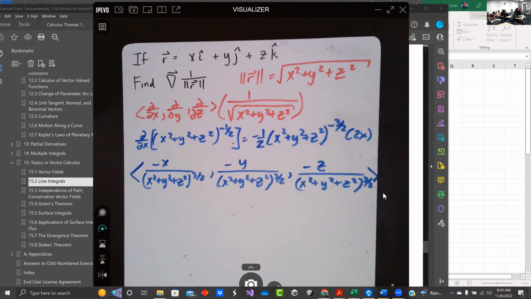Now we can clickbait the video. So we started with F and found phi. We can also verify phi is a potential function for F. So how would I go about doing that? If phi is the potential function for F, then